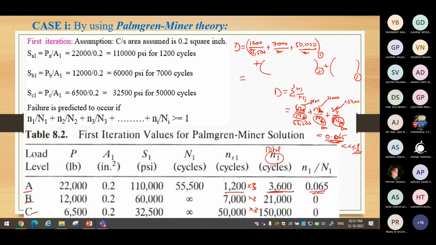So that means what? The cross-sectional area of 0.2 inch that you assumed is too large. The damage occurred in the component is very small. We can refine further. Therefore, instead of 0.2, for the next iteration you consider 0.15 and see. Or one more engineer may consider 0.1 also. Any one you take, and see the trial. Which one would give you better results? Then refine further.